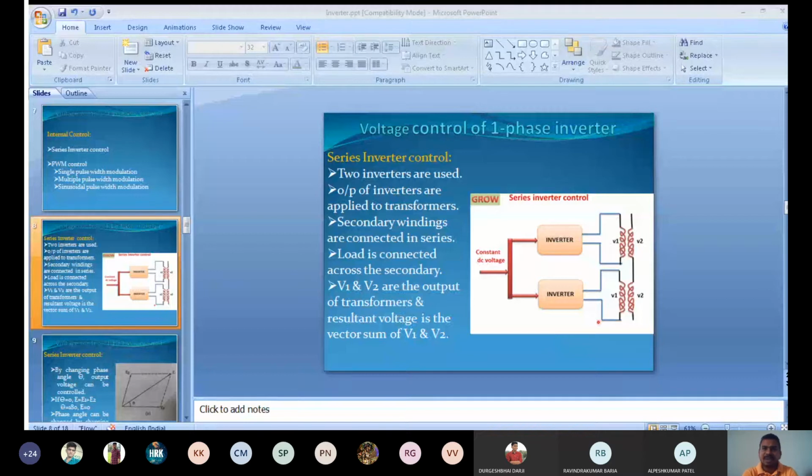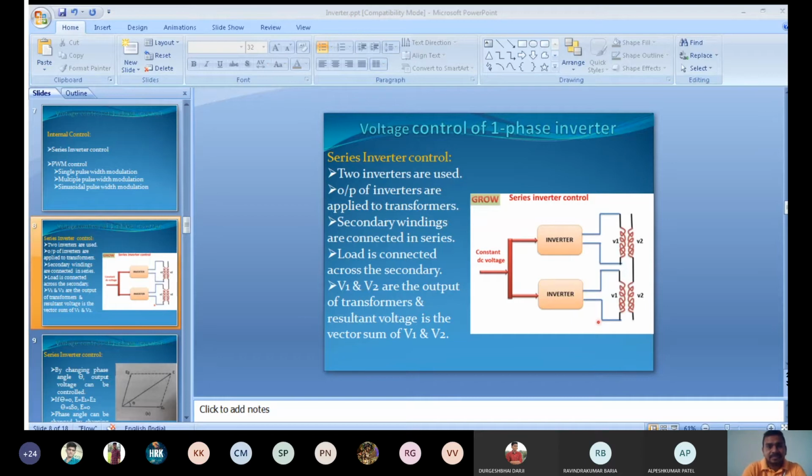So in one half cycle we have one pulse, in the second half cycle we have another pulse, in the third half cycle we have another pulse. Output voltage can be changed by changing the pulse width. How can we change the output voltage? By changing the pulse width. Here the reference signal ER and the triangle signal, or the carrier signal, these two are compared in the comparator. The gate pulse is generated when the carrier signal becomes equal to the reference signal.